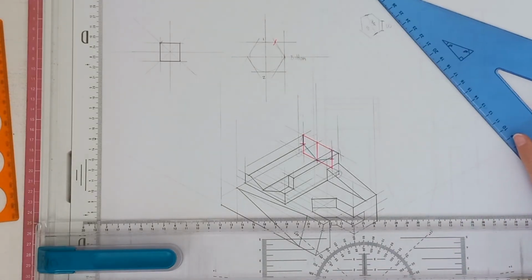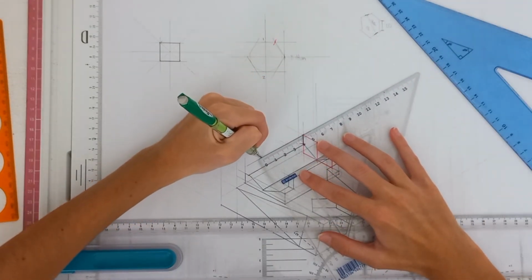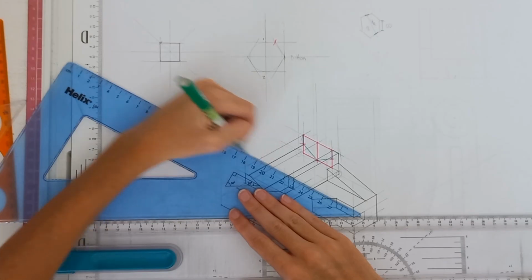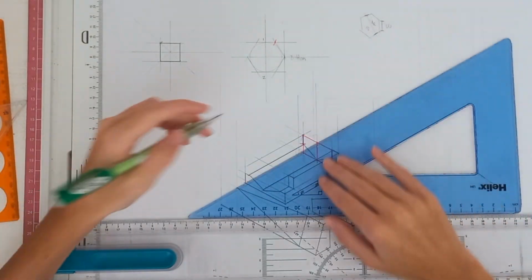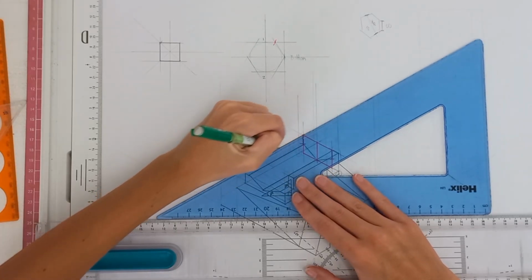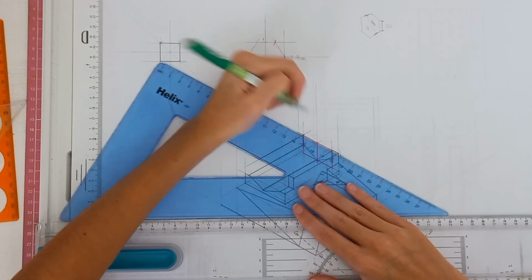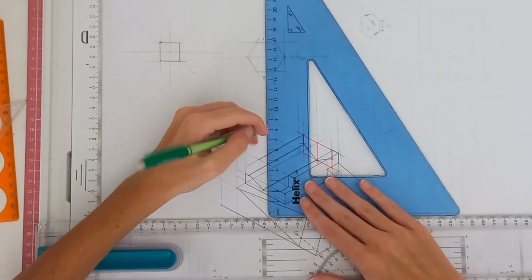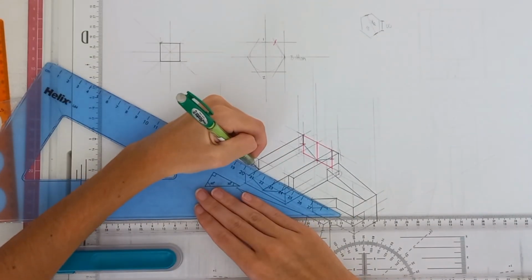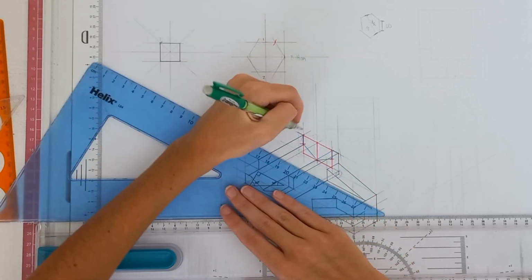Now what you are going to do is measure 45. You can bring that line across over there, and then you can measure your lines like that, and you will have your thickness of 5 at the back over there. Then you're going to bring this line going down, obviously it will be forward, and then bring these lines back here and here,